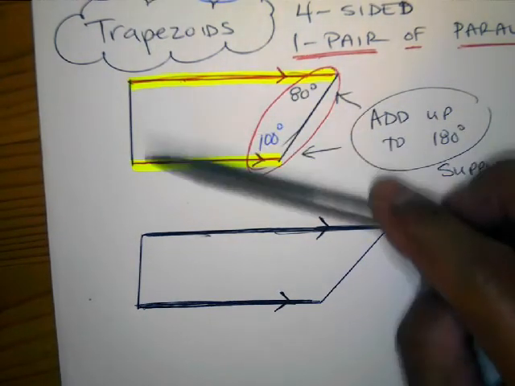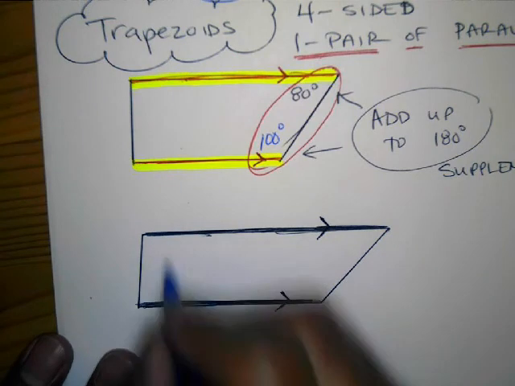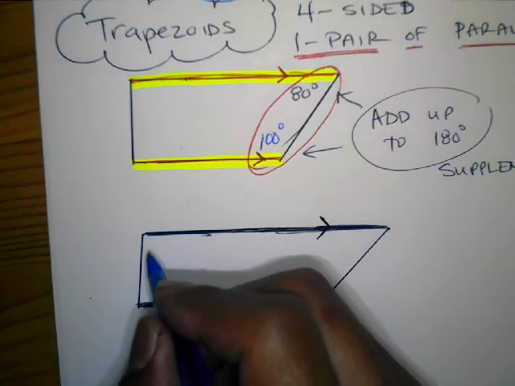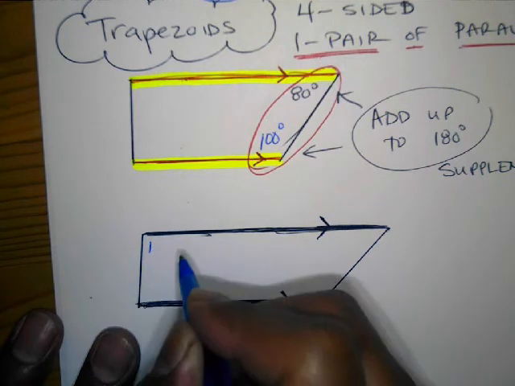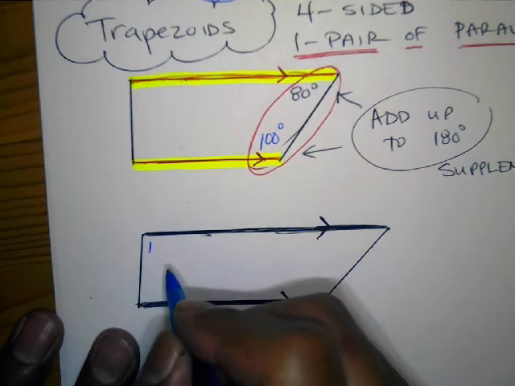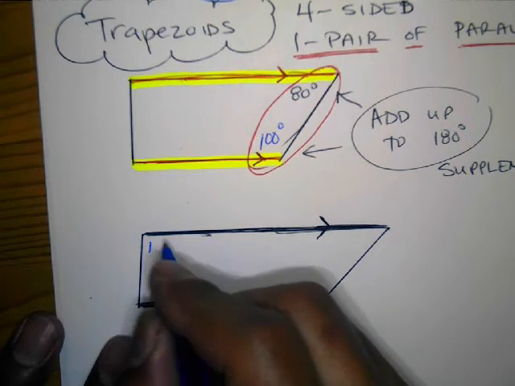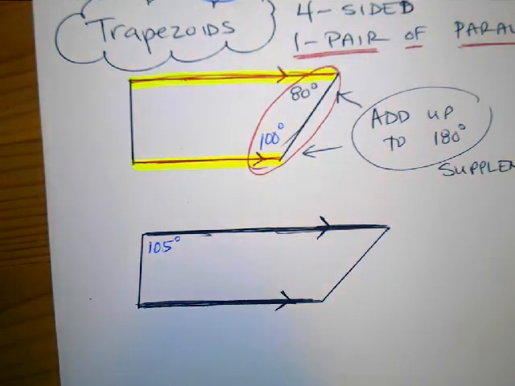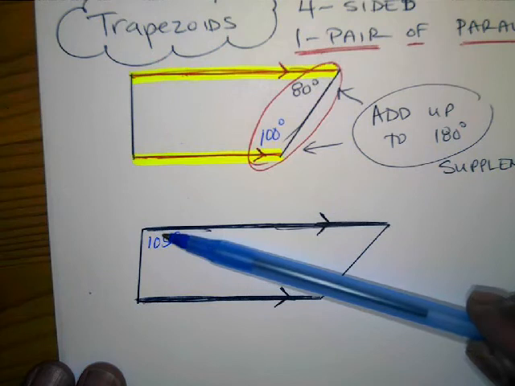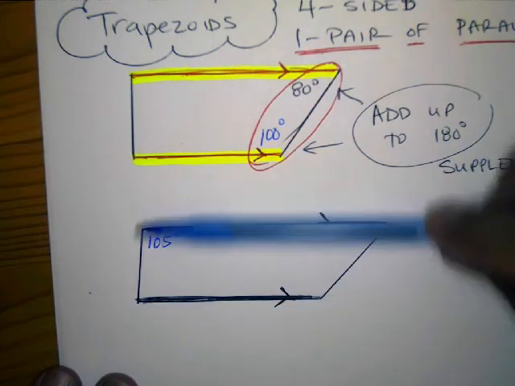So just the way that these two will add up to 180, so will the ones on this side. But see, I would need an angle measure. So let's say I have an angle here, let's say this one up here is 100 and, should I go with 105 degrees? That's fine. If this one's 105,